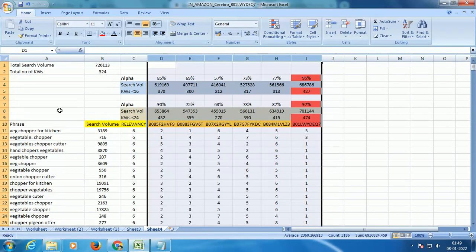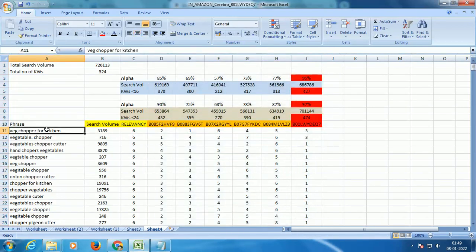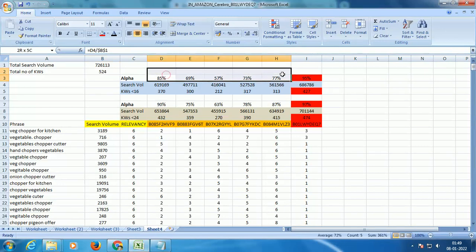You also need to see how many keywords you have to rank for. Here you have 524 keywords, which is good enough. However, the bad thing is that the majority of your competitors are already ranked for most of your keywords. When you enter this market, unless you differentiate, you will not be able to make a living. If you are trying to sell a me too product, this is definitely a disaster.